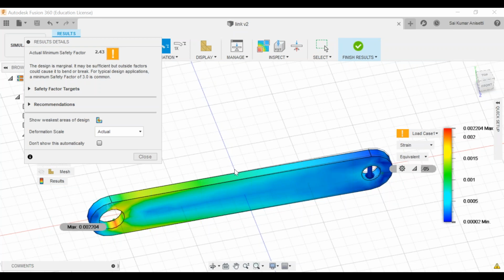Okay, generally your major project, what your seniors are going to do is take a simple bar and do a good amount of analysis using Fusion 360. That is your major project itself. Okay, take a leaf spring example. One project is on leaf spring. You have a leaf spring, and more or less it will look the same way. The material will be changing. One end is fixed, one end is left as a pin joint. I have shown what a pin joint is, and at the bottom, exactly at the center, you have to add the load onto this face. That is how you actually define the boundary condition. That's all. That becomes your major project.